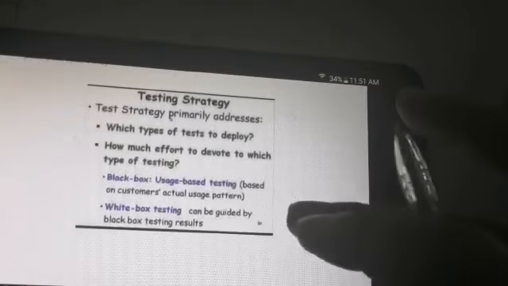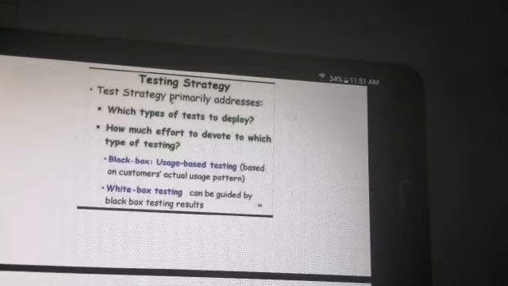Now, while designing a test strategy, we shall be looking at key issues. First is which type of test needs to be deployed. That means we should be clear about what testing strategy needs to be employed. Okay, only then will we be able to successfully test the software. It might be possible that one testing technique works and another does not, so it is better to find out which technique to use. Second is how much effort we need to use, that is, what effort is required to do the testing.